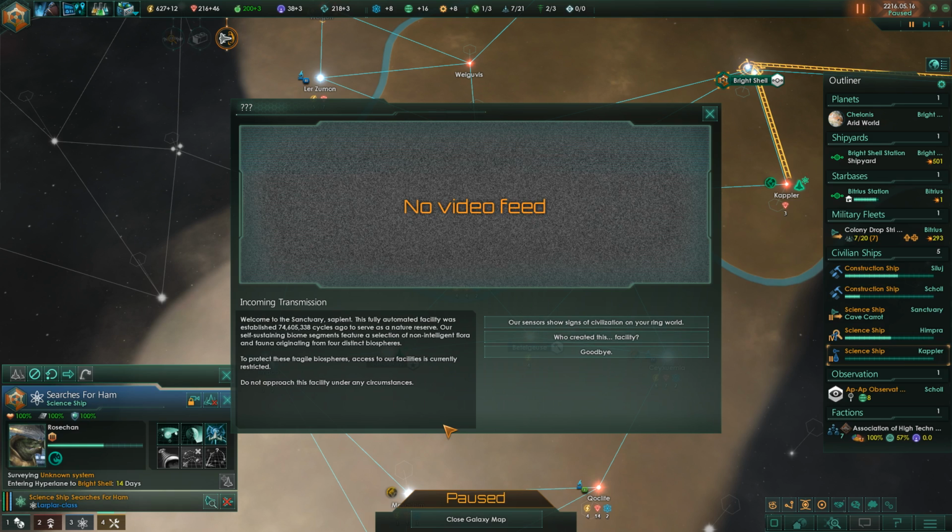On screen. Welcome to the Sanctuary Sapient. This fully automated facility was established 74,605,338 cycles ago to serve as a nature reserve. Our self-sustaining biome segments feature a selection of non-intelligent flora and fauna originating from 4 distinct biospheres. To protect these fragile biospheres, access to our facilities is currently restricted. Do not approach this facility under any circumstances. Who created this facility? This facility was constructed by the Zimio over a period of 412 cycles. It was completed and fully functional 74,605,338 cycles ago. The last recorded visit by a Zimio vessel occurred